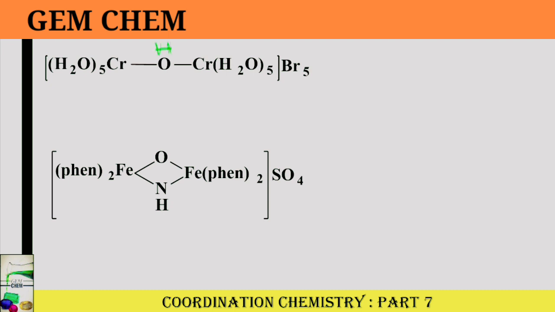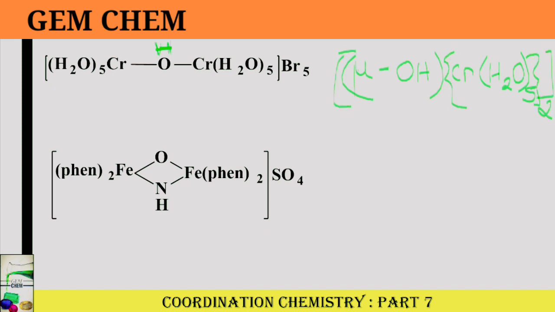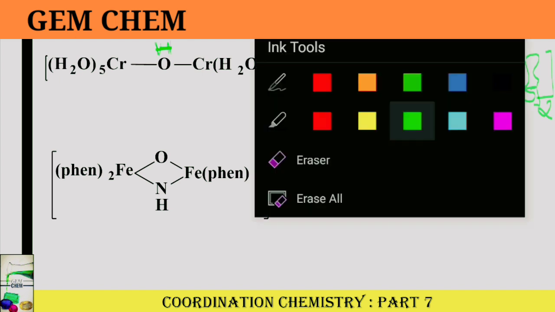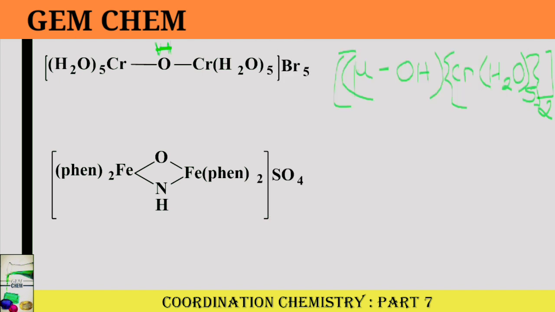This will be hydroxido. So we start writing. You have to first compress the structure. So from here only you can see it is mu OH, and the rest of the structure is Cr(H2O)5, and it is twice in number, right? And outside the bracket we have Br5. So the name will be written as your mu